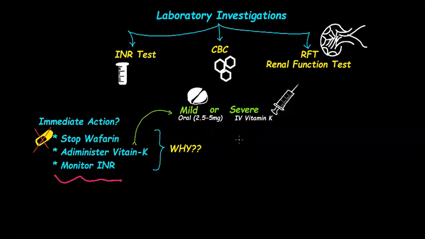First, let's start with stopping the warfarin. I will repeat again. We said warfarin falls under the class of drugs known as the VKAs, which is the vitamin K antagonist. So, warfarin is an antagonist to vitamin K. So, stopping warfarin prevents further anticoagulation. What if, as you are trying your best as a doctor to tackle this problem, the bleeding becomes life-threatening? What will you do? So, at this point, you need to take what we call the PCC